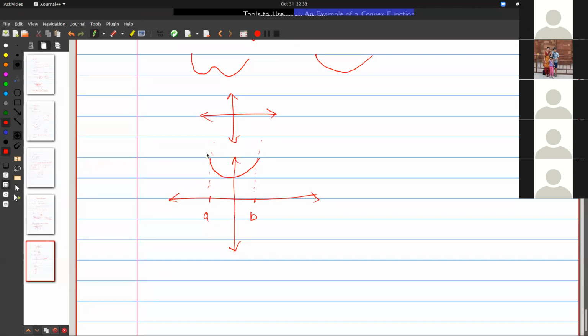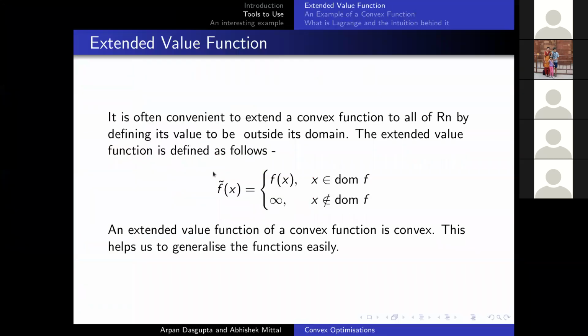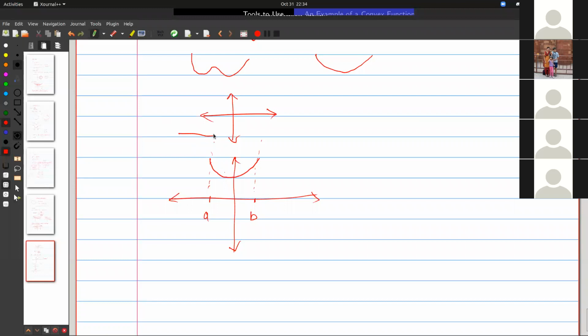So what we do is a neat trick, called extended value functions. We define a new function where the value of the function in the domain persists, and beyond that we just add infinity as the value of the function. So this is the extended value function, and